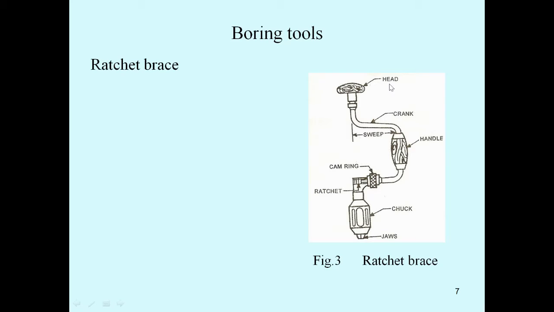There is a head, crank, handle, cam ring, ratchet, chuck, and jaws. This ratchet brace is used for making large holes. With the help of this boring tool, we can produce large holes.